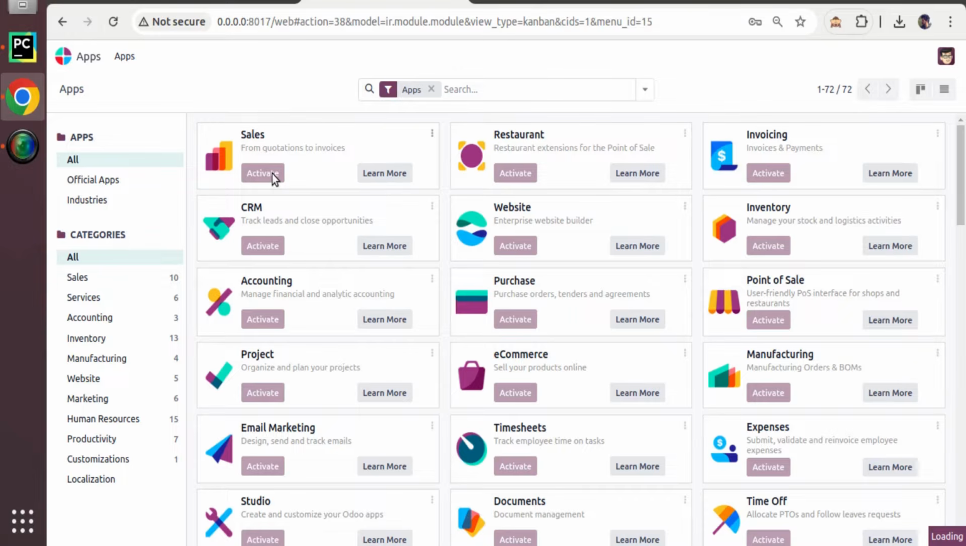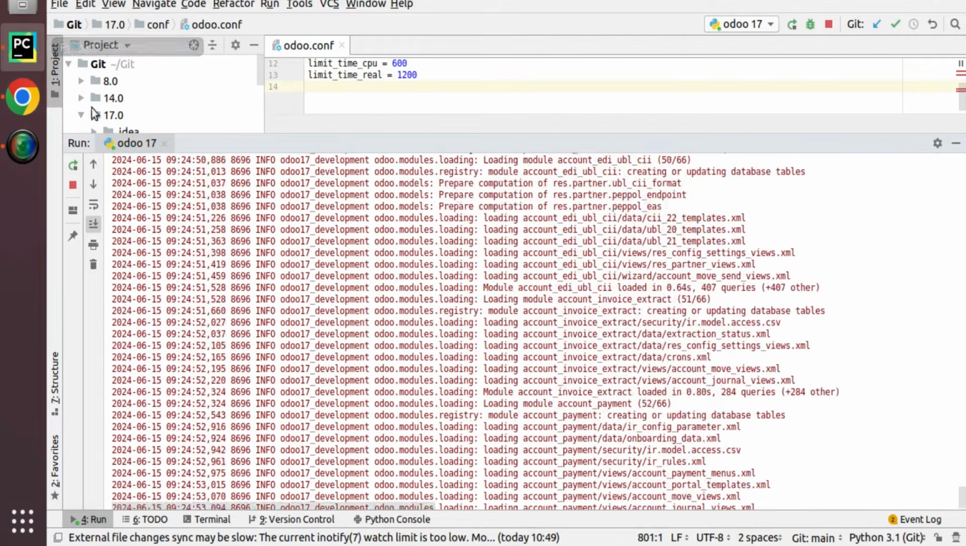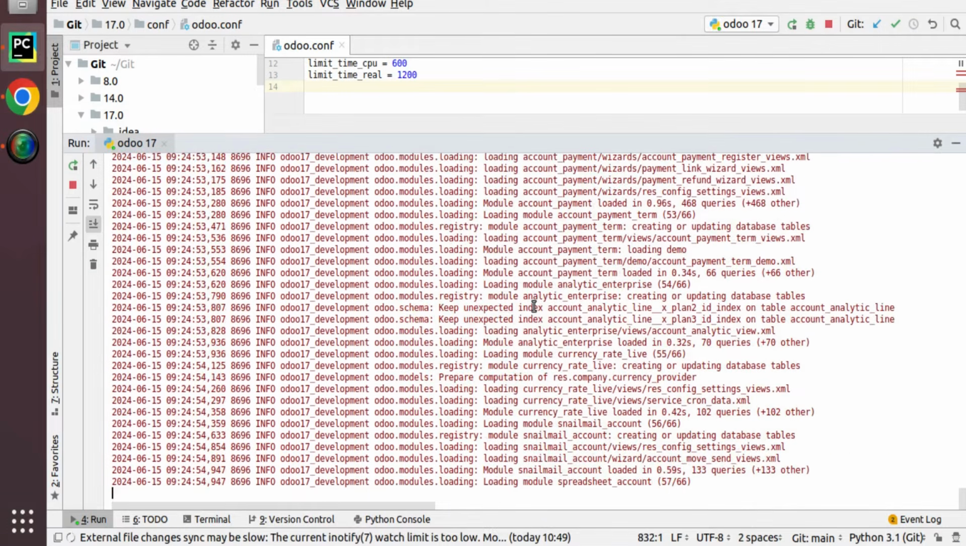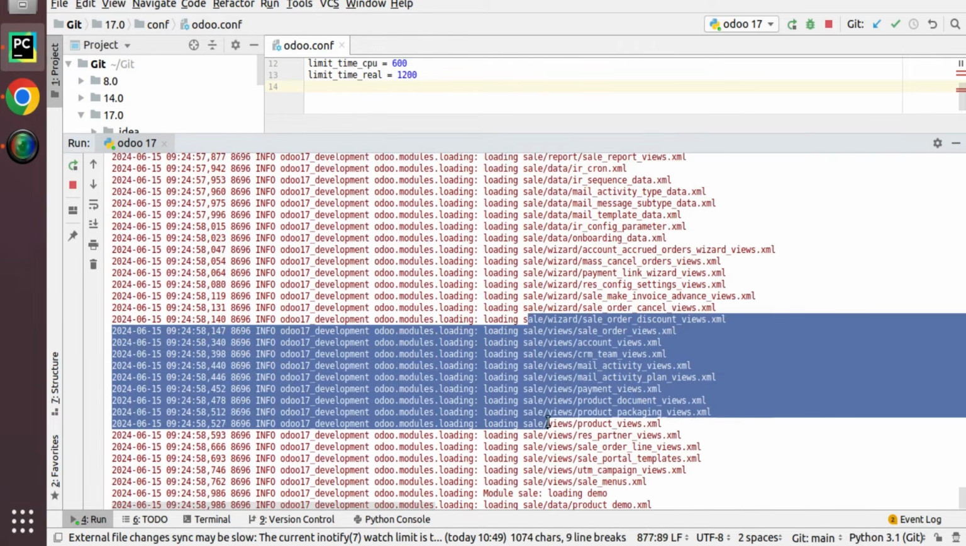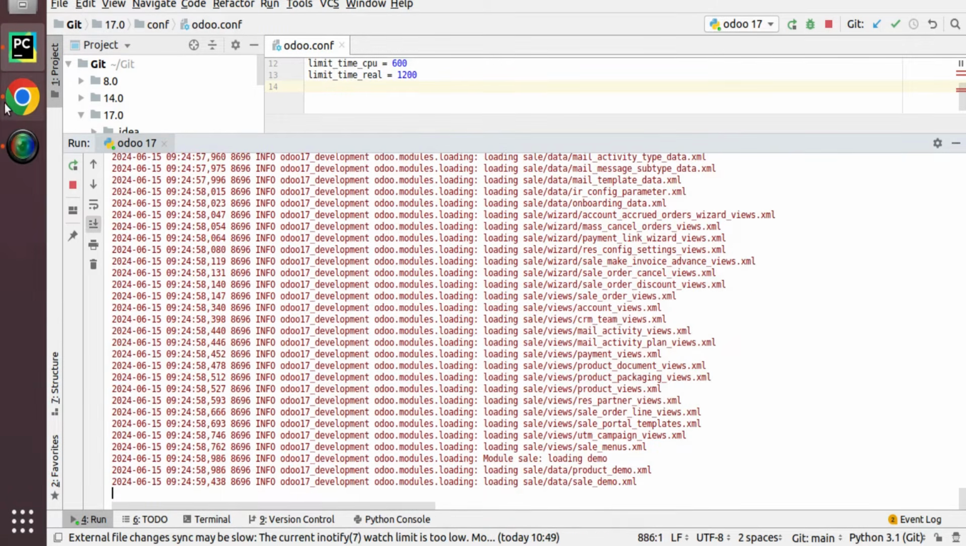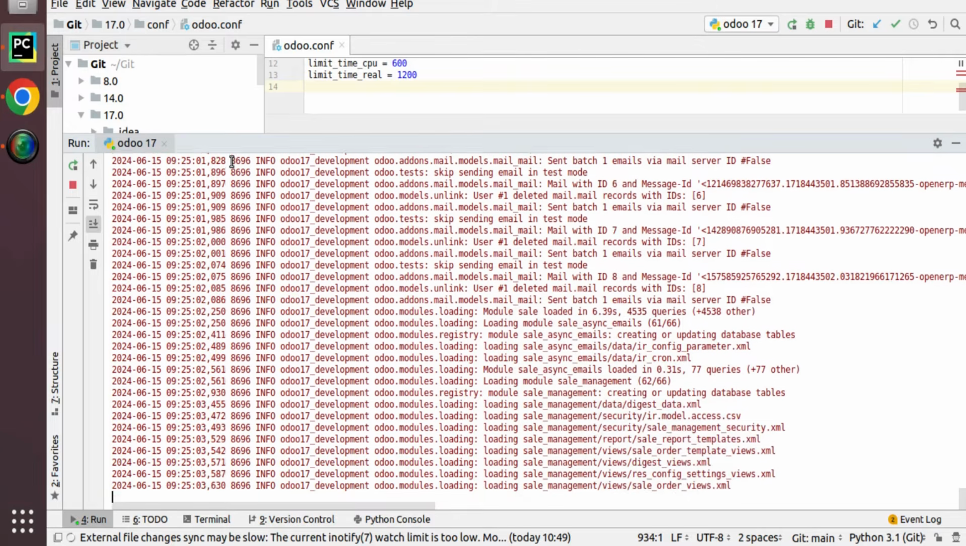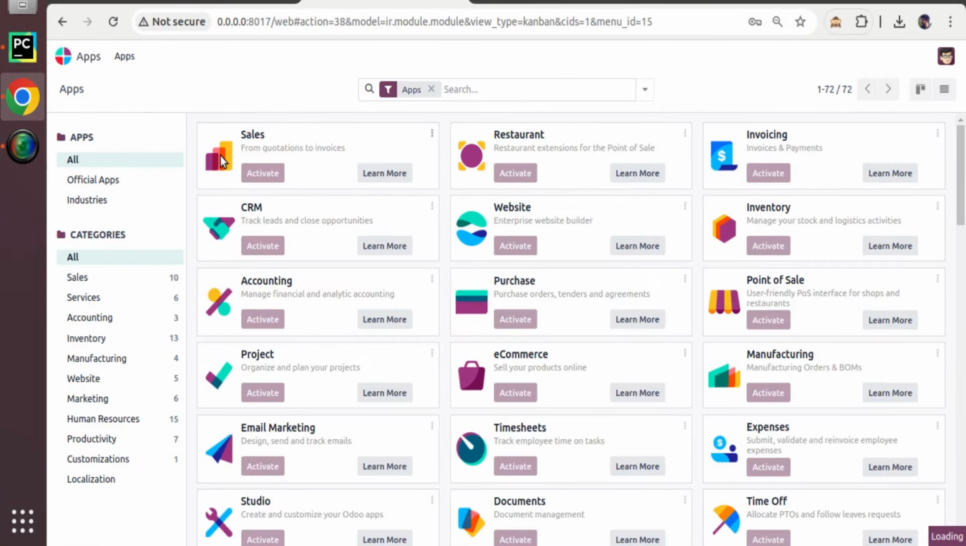That is, I have initiated the installation of the sales module, and in the log you can see the different modules are getting installed. Currently, the sales application is getting installed. So let's wait for it. Once we complete the installation of the sales application, what we will be doing is creating a